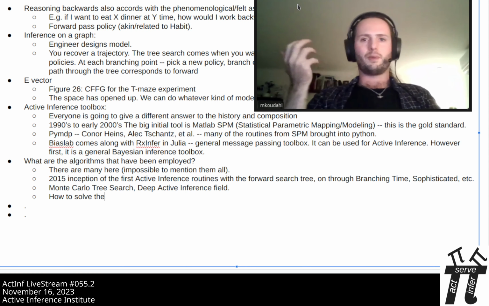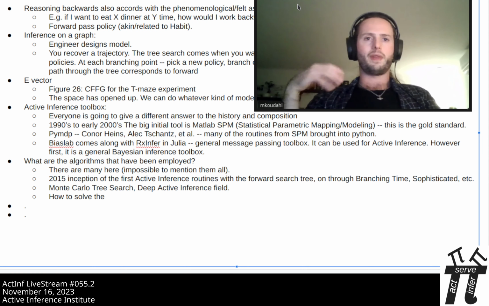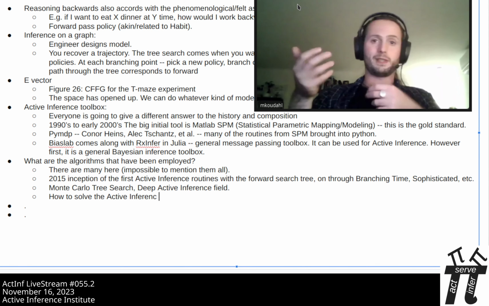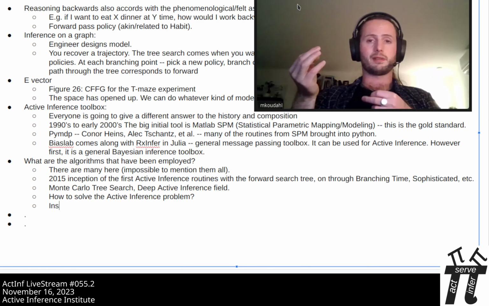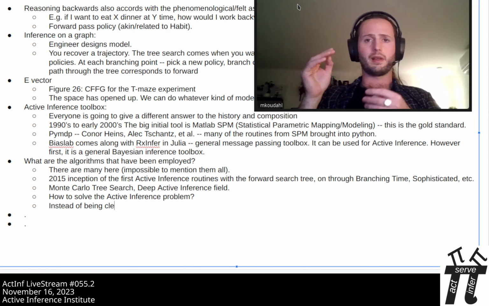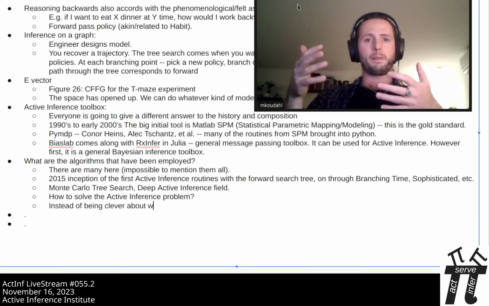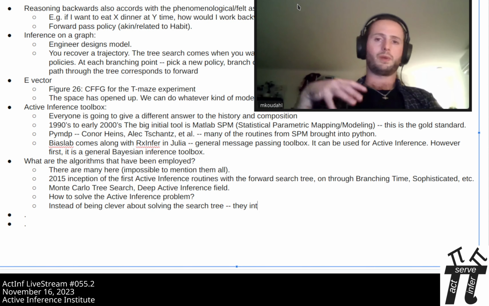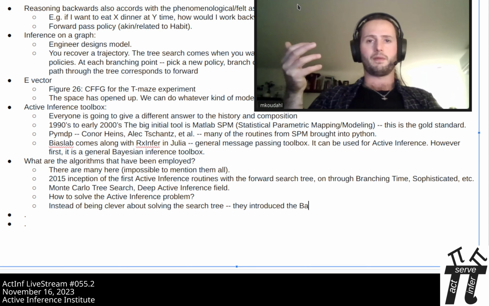And the things that we introduce here are more in that tradition, where instead of trying to find ways to be clever about the search tree, we want to introduce this backwards pass so that we can solve everything as part of the inference problem. Sophisticated inference for one is a really interesting idea, but it's a different thing.